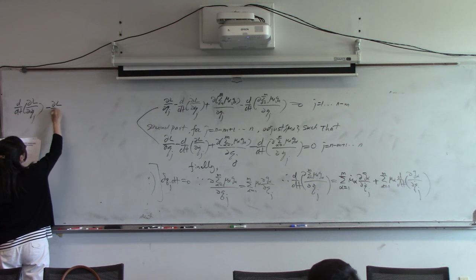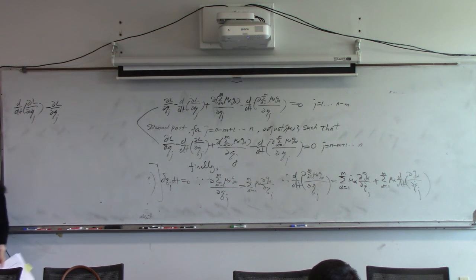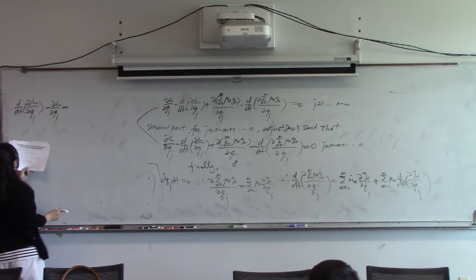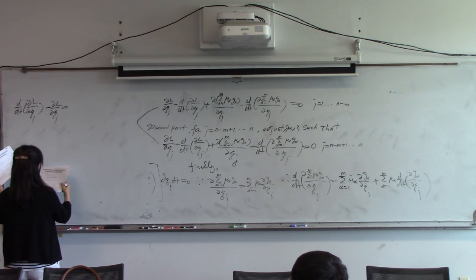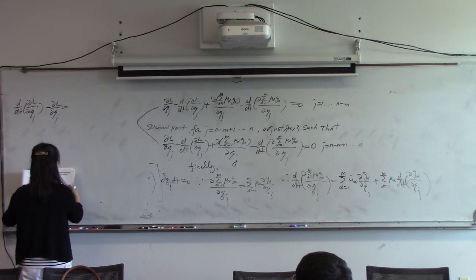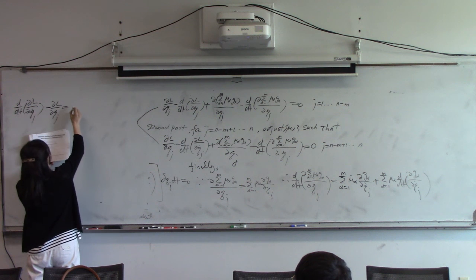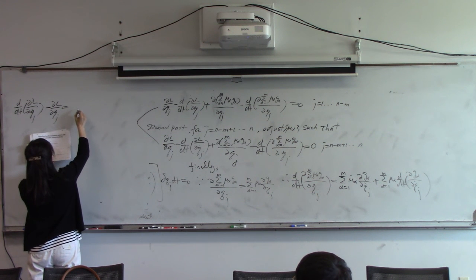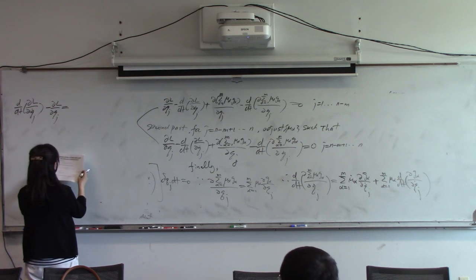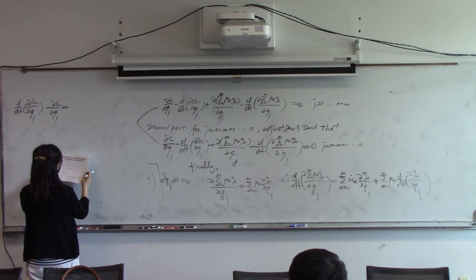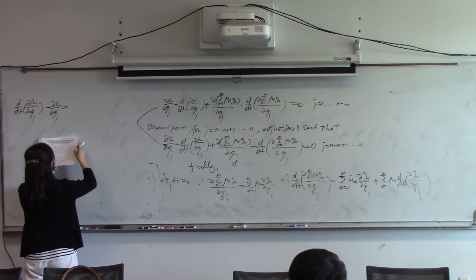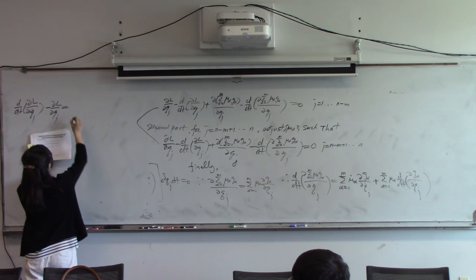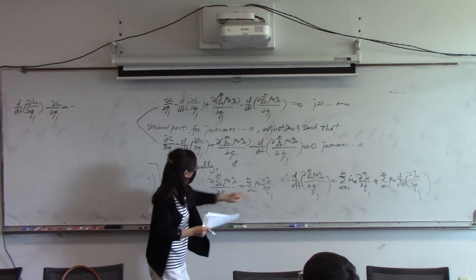Second term, partial L partial q_j, equal to. Let me move the minus, let's first this one, right? Minus